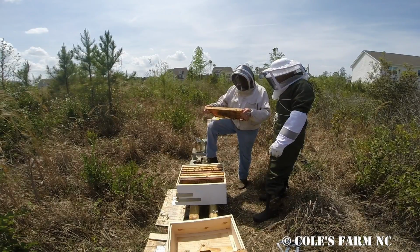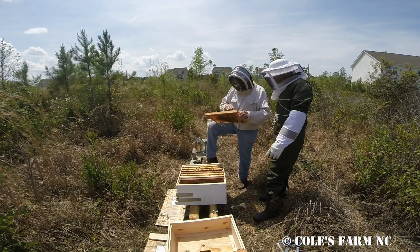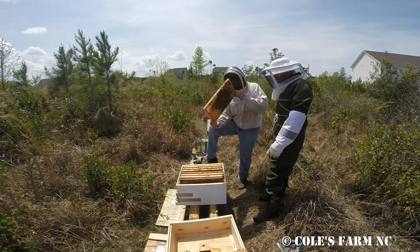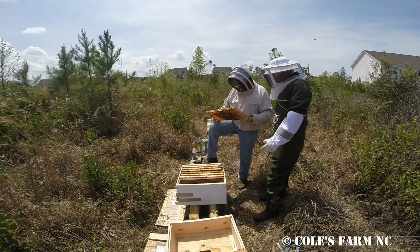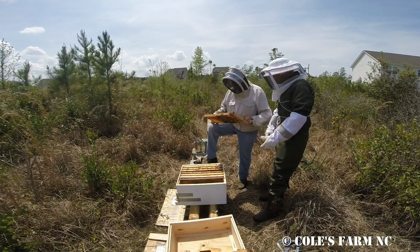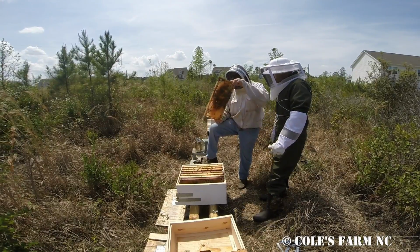And what I try to do when I turn it, just in case the queen is on here, I try to just give it, that gives her more support. Okay. So just doing the flip, turn it over. Yeah. It's all...